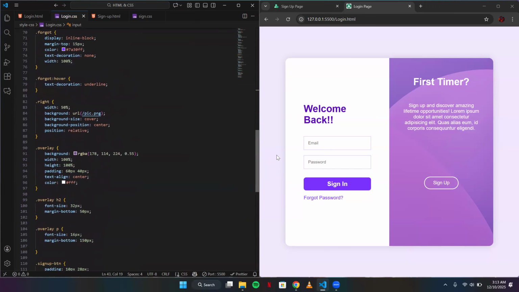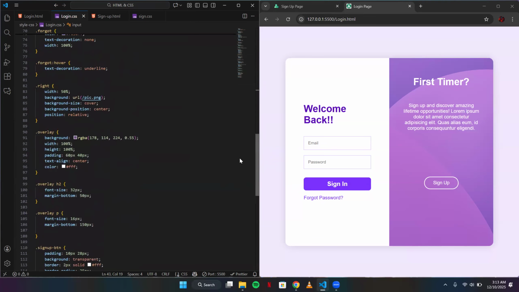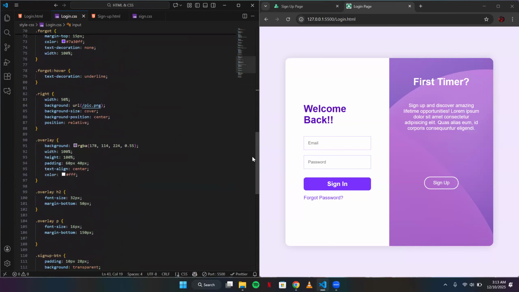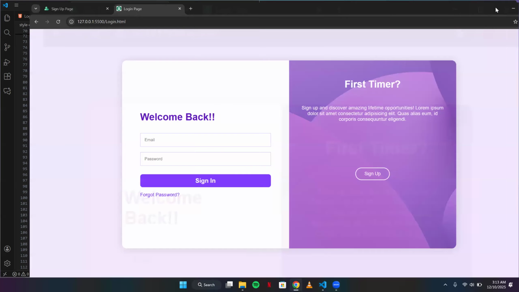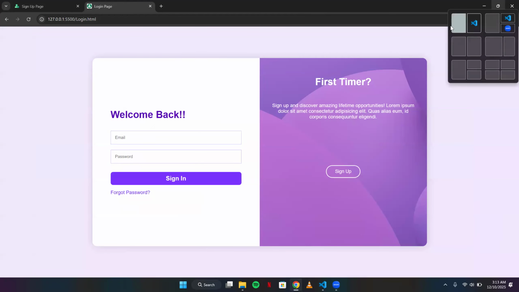Sorry, it's a property known as the text decoration property, and it helps to underline the forget password when you hover around it. Moving to the right side of the web page, with the class name,